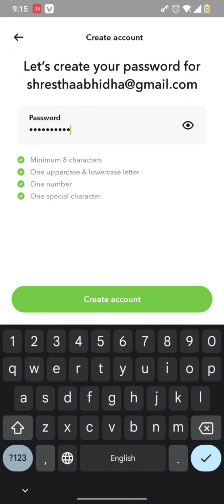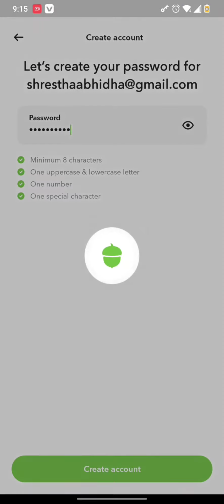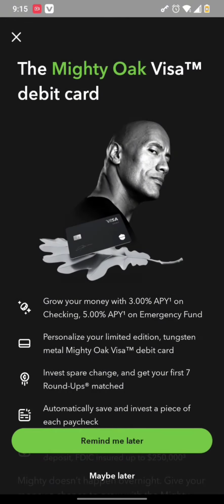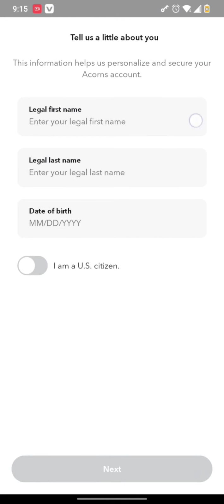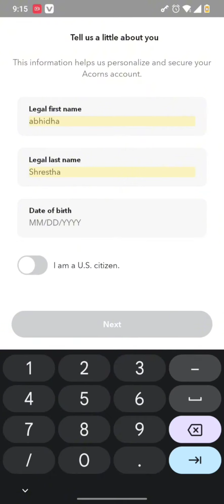After doing so, you need to simply tap on yes and then move forward. So after you are done, you need to simply tap on maybe later or cancel it. Now type in your first name, last name, and then date of birth. And after you are done, you need to scroll the cursor to I am a US citizen and then hit